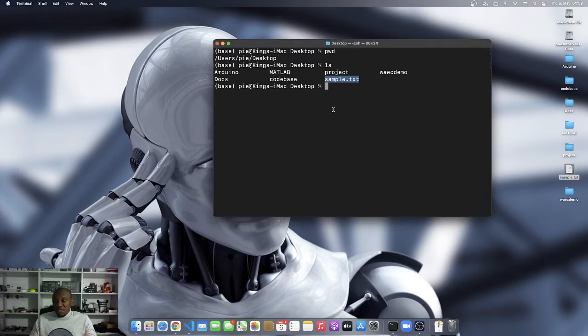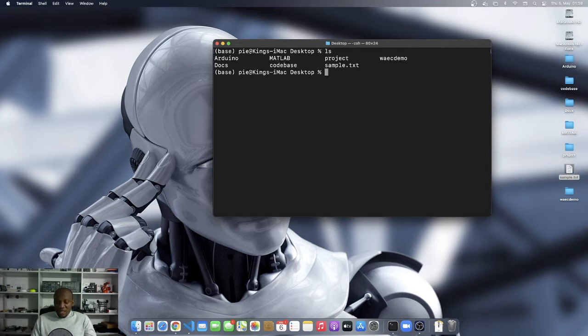If for any reason I want to rename this file from sample.txt to, let's say, data.csv, it is as simple as issuing a command. Let me list so that you see again, and the command is mv. So basically the mv command takes two arguments. The first one is the source, so the source is the sample.txt, and then the destination is the new name that I want to assign to this file. So I want it to be data.csv, and so you can see that sample.txt has been renamed into